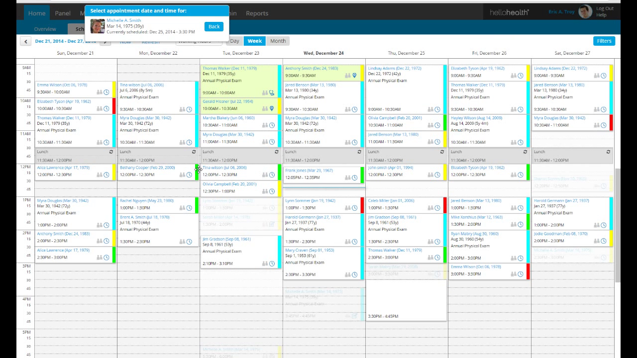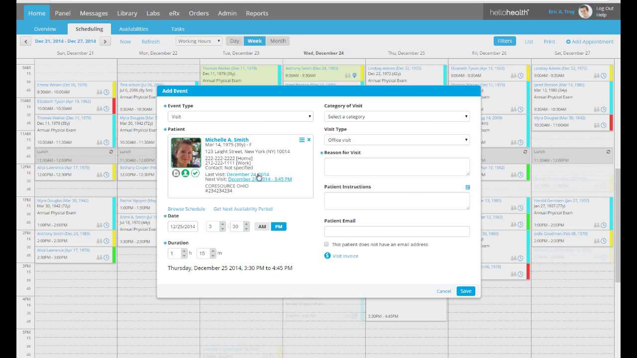You can select the Browse Schedule option, which will take you back to the original scheduler to choose a date and time that works for both you and the patient. The Get Next Availability button speaks for itself. Clicking on it will open up the doctor's next availability in his schedule. Should that availability not work, feel free to continue clicking Next until you find a time that works for the